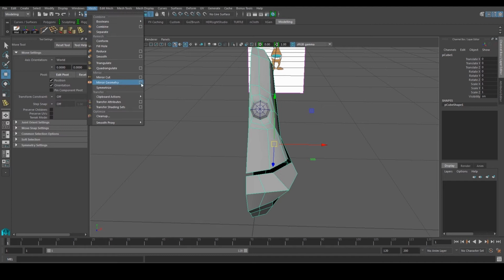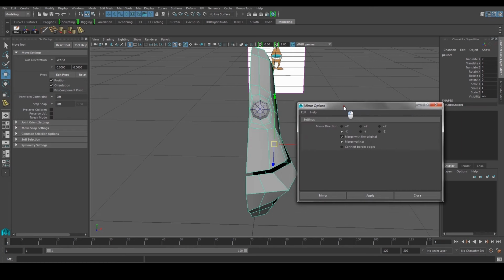This square over here, all these squares that you see at some of these tools, some of them have it, some of them don't. The option box means there are more settings that you can play around with to get different effects of these tools. Now let's read this together. Once I go to the option box, you see here mirror options. The first option tells me the direction: positive x, negative x, positive y, negative y, positive z, negative z.